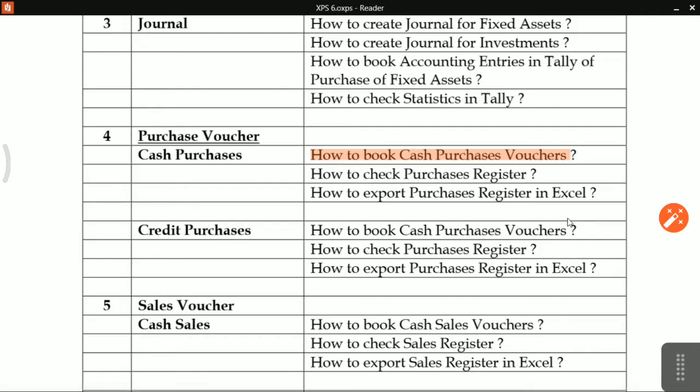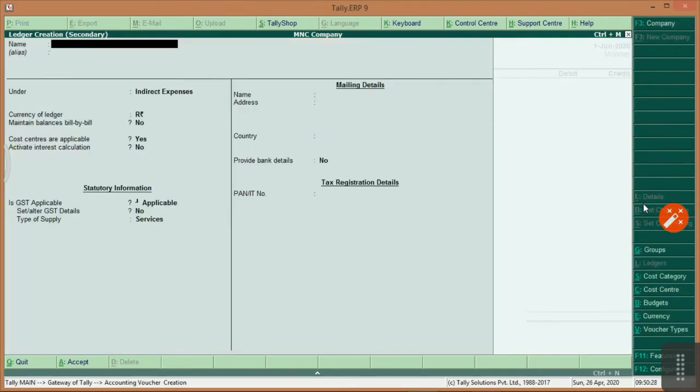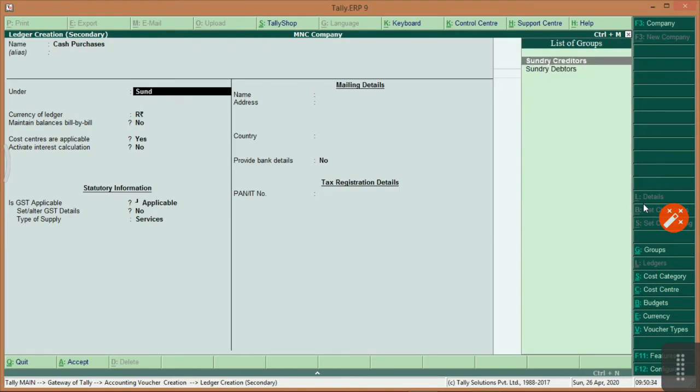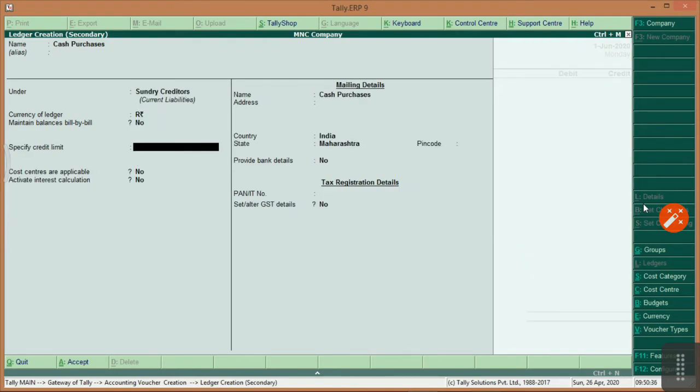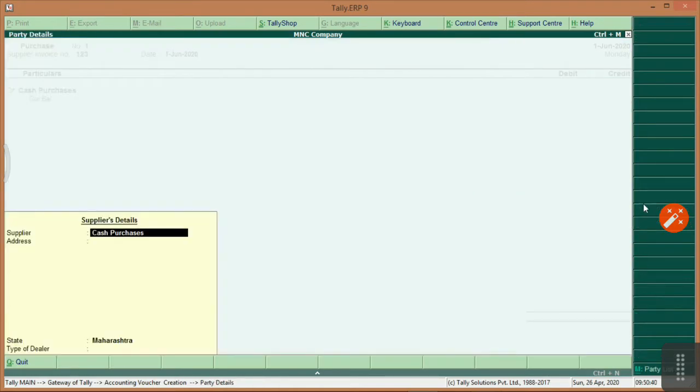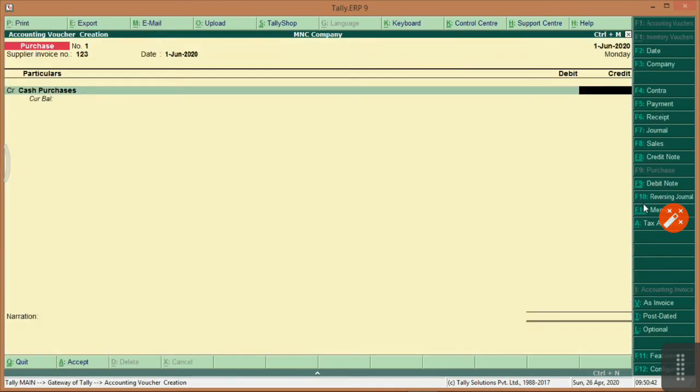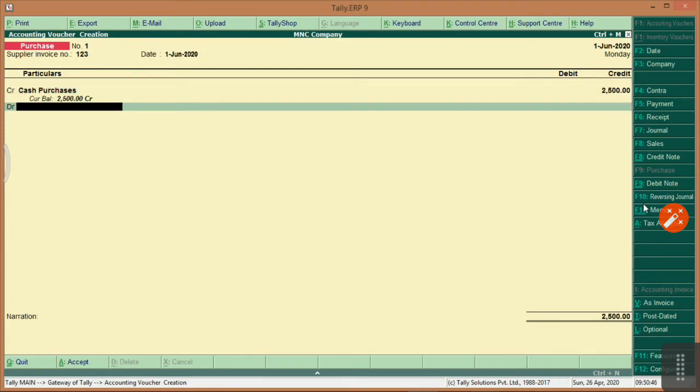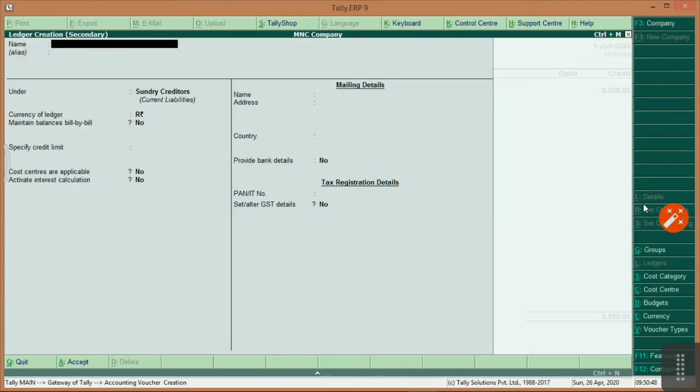What is the question? Want to book cash purchases. Then you have to create your ledger: cash purchases, sundry creditors, and purchase of trading goods.